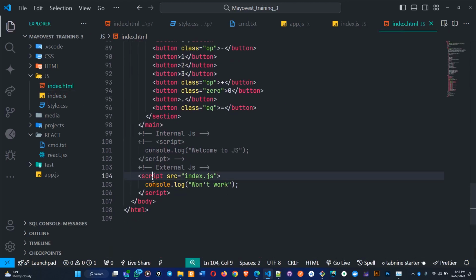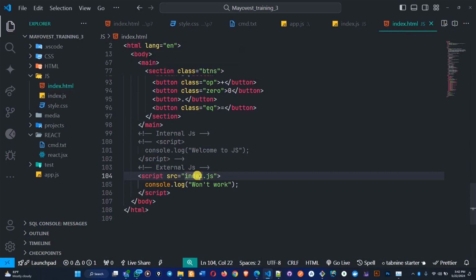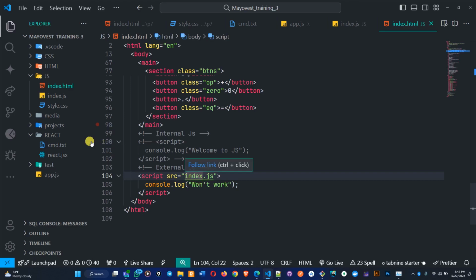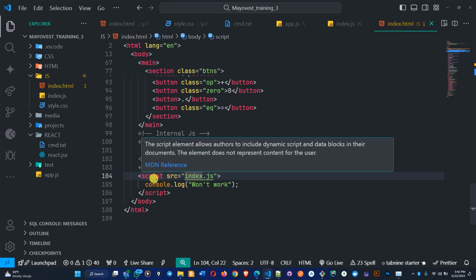If you look at it, we use scripts and we pass this index.js. What you are doing here is the old way of connecting JavaScript to HTML. This one means you are not using the module features. Inside this JS, you cannot import any functionality from another JavaScript file. It will not work because it's not using the features of ES6 modules, and the browser doesn't do it for you